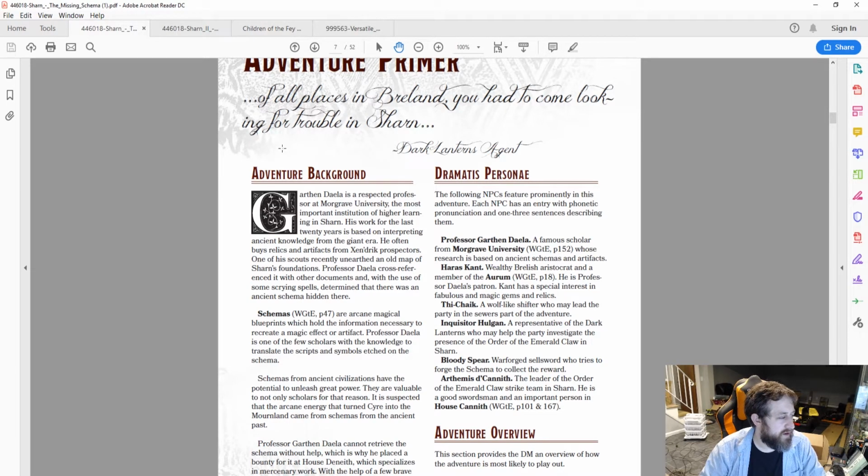So Garthan Dela is a respected professor at Morgrave University, the most important institution of higher learning in Sharn. His work for the last 20 years is based on interpreting ancient knowledge from the Giant Era. He often buys relics and artifacts from Zendrick prospectors. One of his scouts recently unearthed an old map of Sharn's foundations. Professor Dela cross-referenced it with other documents, and with the use of some scrying spells, determined there was an ancient